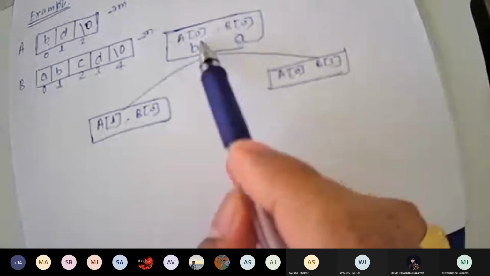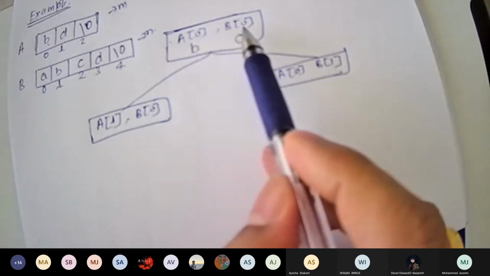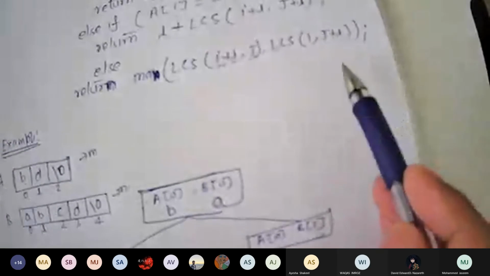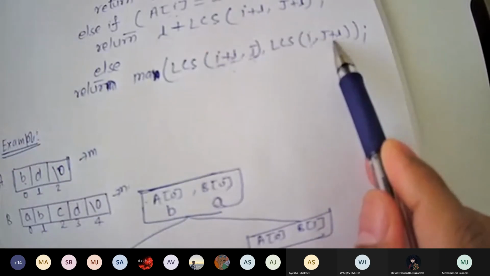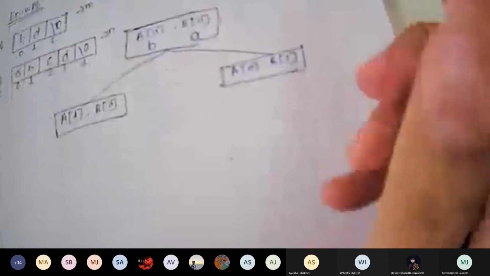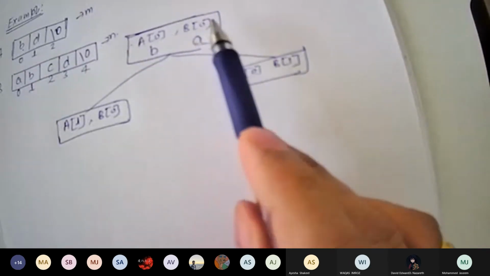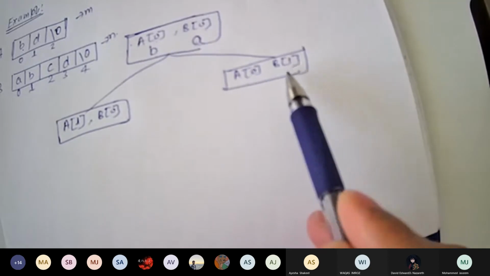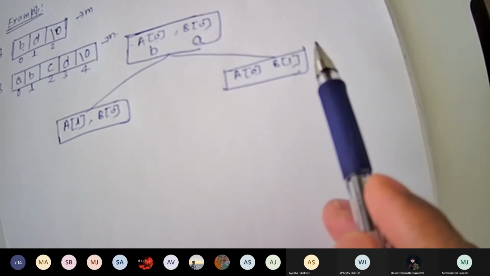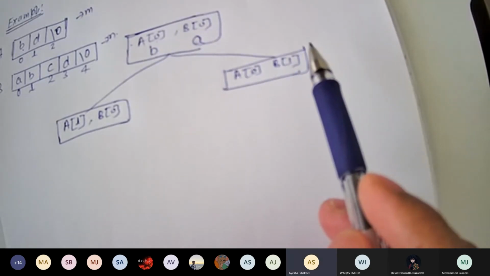And in the second part, what are you getting? I was the same, and J was increasing by 1. So A0 is A0 and B0 is becoming B1. Understood? Yes.